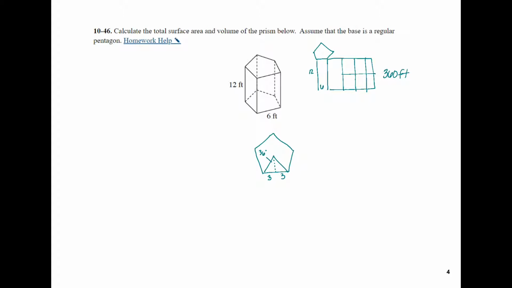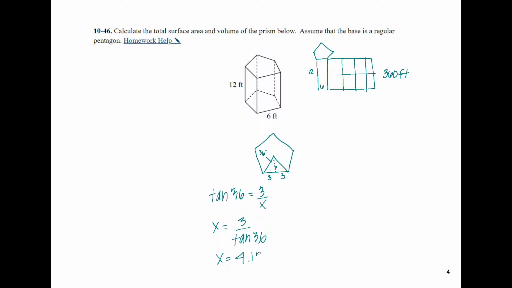In order to find our height, the tangent of 36 degrees is equal to our opposite side over our height that we're looking for. Multiply both sides by x, divide by the tangent of 36. So x equals